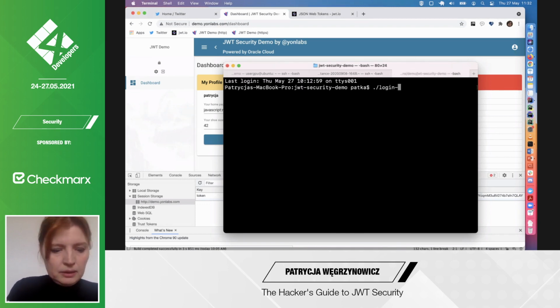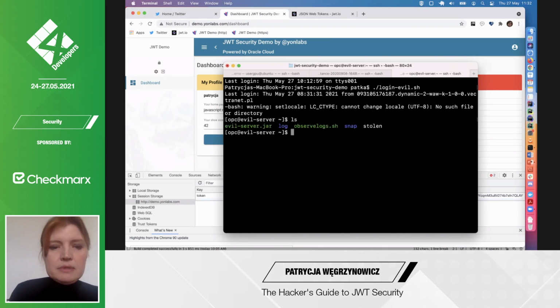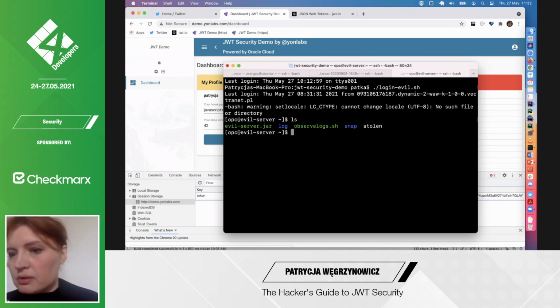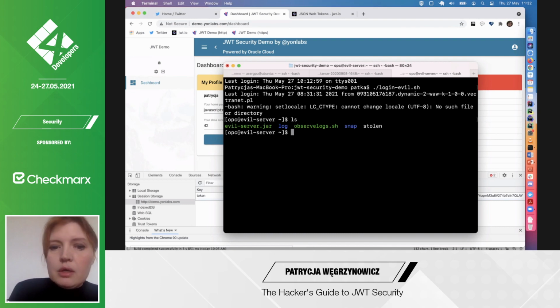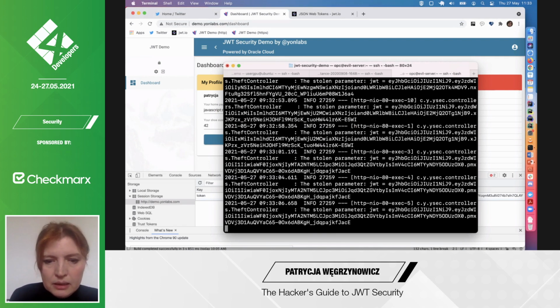Okay, so logging into another server. Basically, the evil server is just a simple web server that stores whatever parameters are sent to it in logs. So I will observe logs. Oh, and I see new tokens coming in.